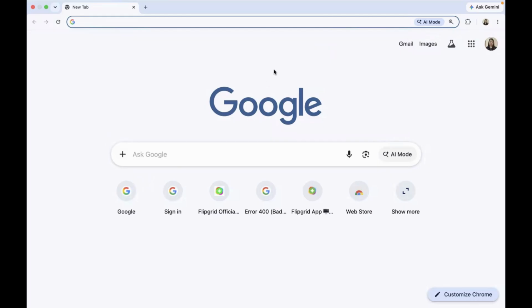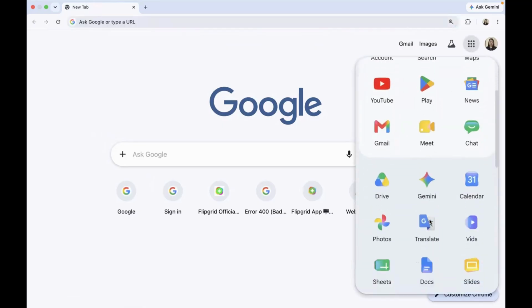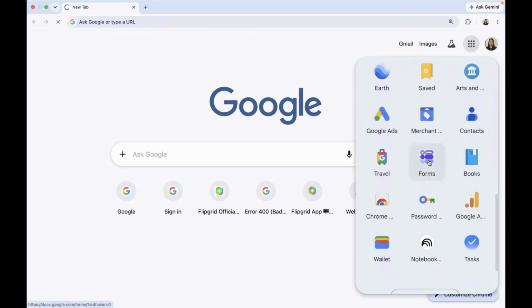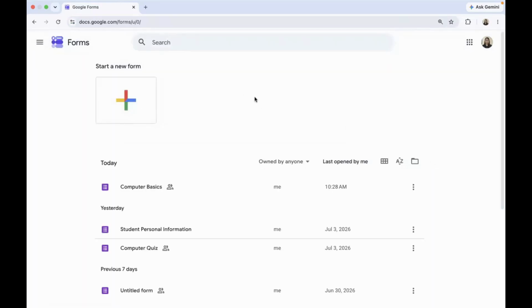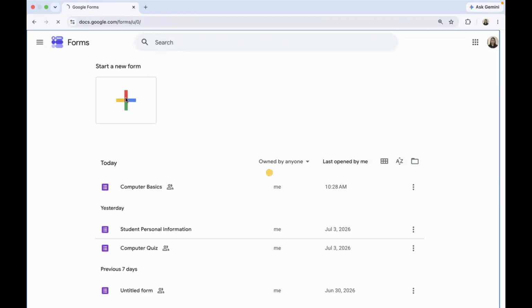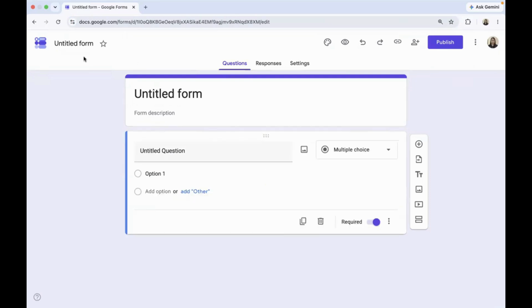So the first thing we do is to log into your Google account. Since I am already logged into my account, I just have to find the Forms app here from the Google Apps icon. Click on there, look for the Forms icon, and then you will see the Forms interface. At this point, we will create a form first before we customize it and create sections. So click the plus icon here, the blank form, and then you will see the untitled form.